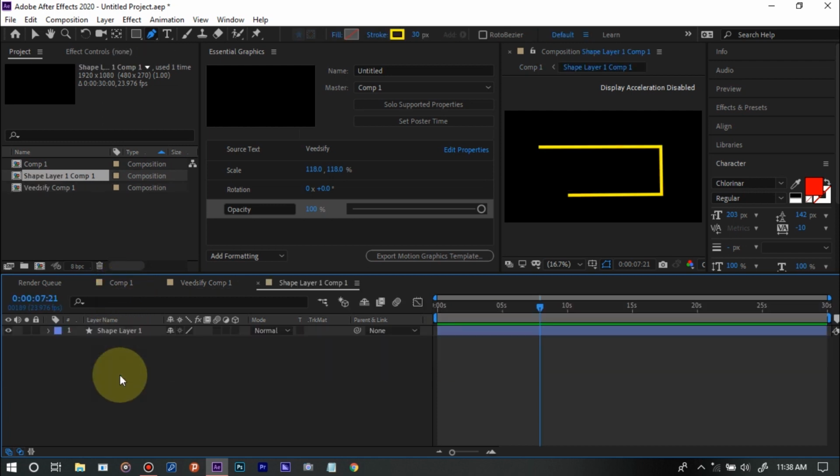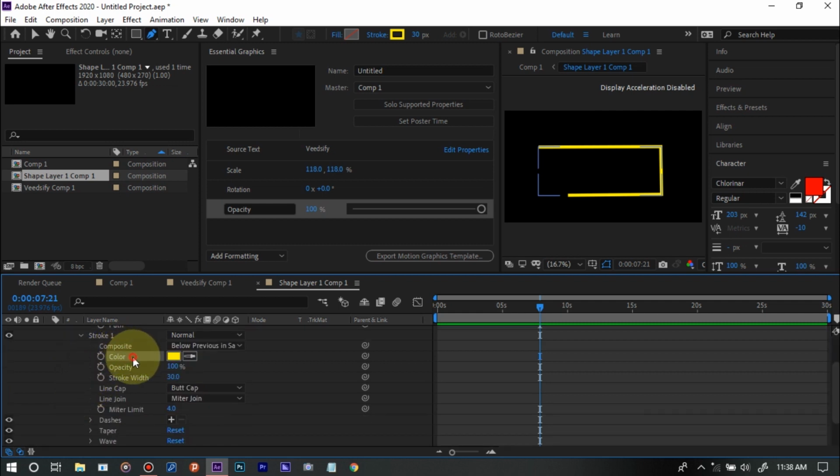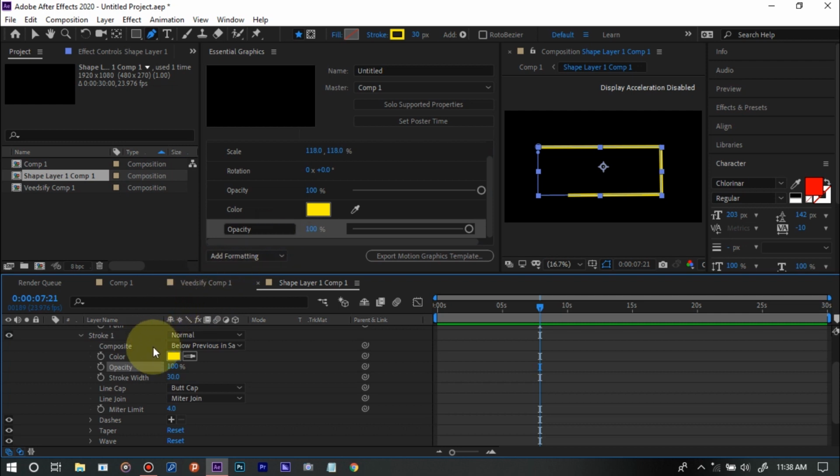You want to double click on that to open the comp layer, and next thing you want to do is open all this, open the content, open the shape, and now open the parts also. We didn't do anything with the parts. For the stroke, we did more things, so we can add the colors. So simply drag the color of the stroke and place it inside the essential graphics panel. Next, I want to drag the opacity also inside, so anyone using this can change the opacity. You can change the stroke width if you like,